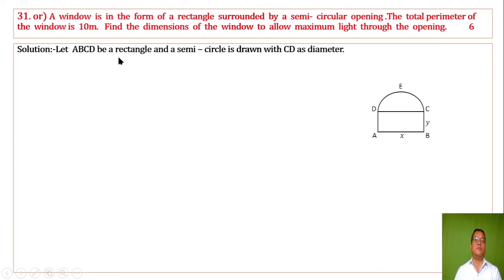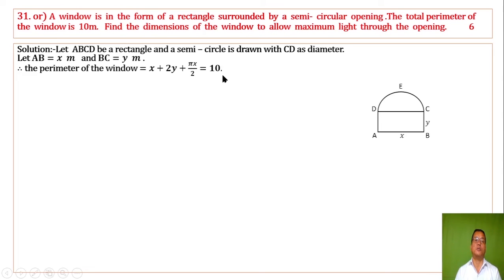Let ABCD be a rectangle, and a semicircle is drawn with CD as diameter. Let AB equal to x meter and BC equal to y meter. Therefore, the perimeter of the window is x plus 2 times y plus the semicircle's perimeter, pi times x by 2,